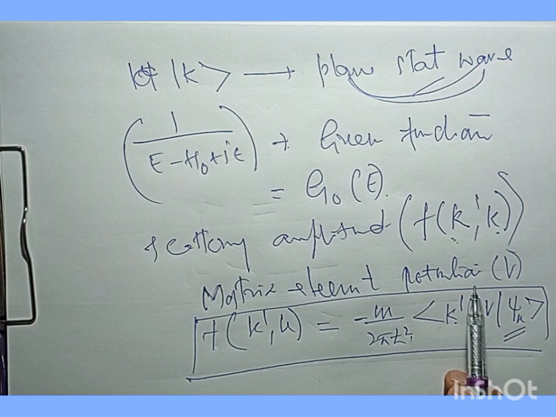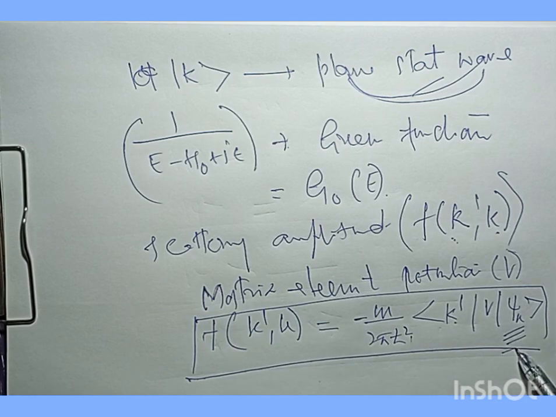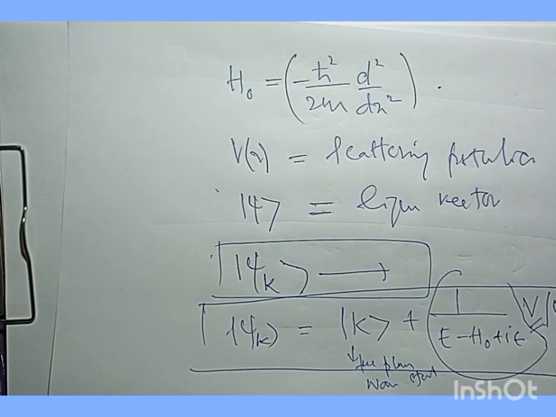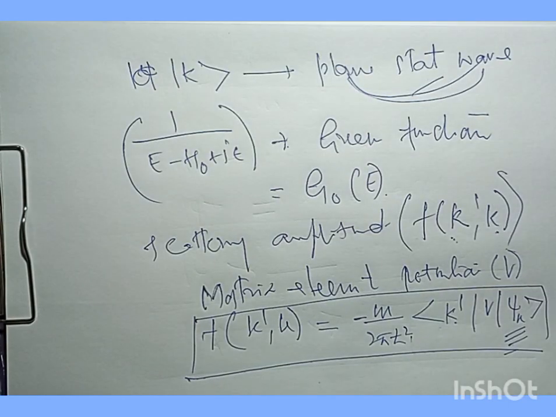Now if I use the Lippmann-Schwinger equation for psi of k, this is my psi of k. If I use this equation for psi of k, what will happen to this equation? I will have